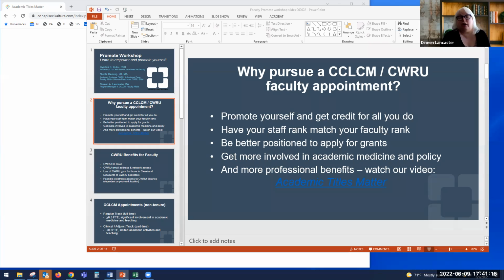In our clinical track, our part-time, we usually use the 3 ranks of clinical professor, clinical associate professor, and clinical assistant professor. Now these ranks, it's important to have some type of rank, so that's good if you have a clinical one, but please note that you're only allowed to vote on a few issues. The majority of the issues will not be open for you to vote on, nor will most of the committees. They require somebody in the regular track.